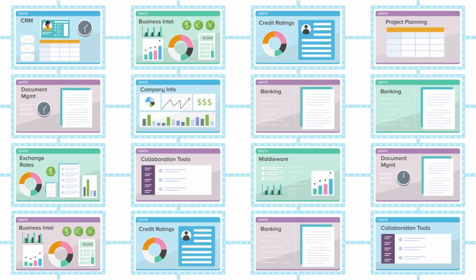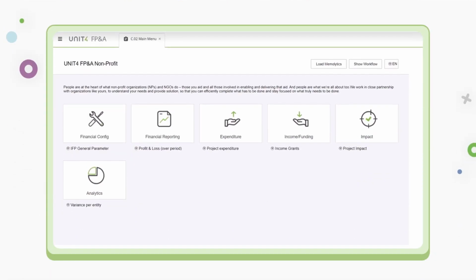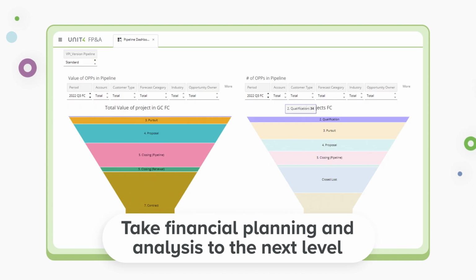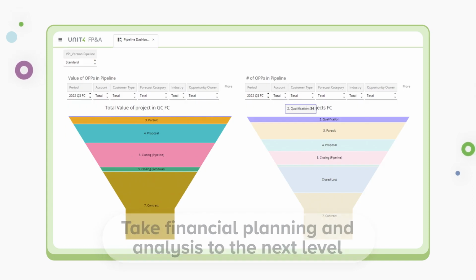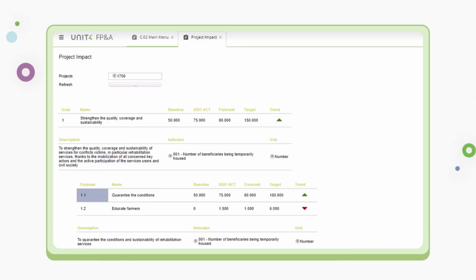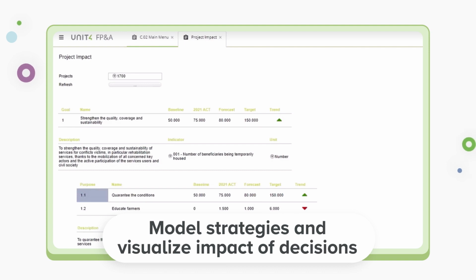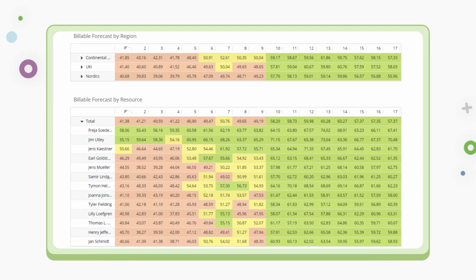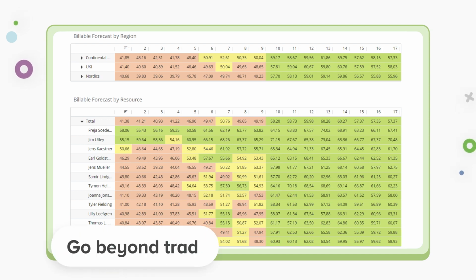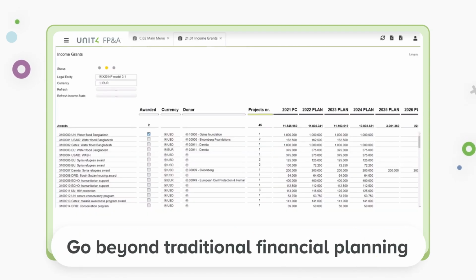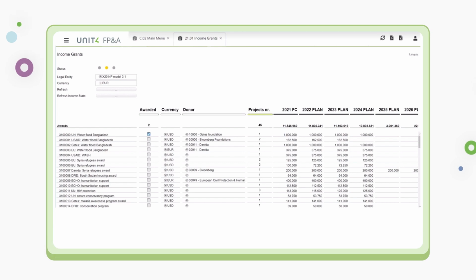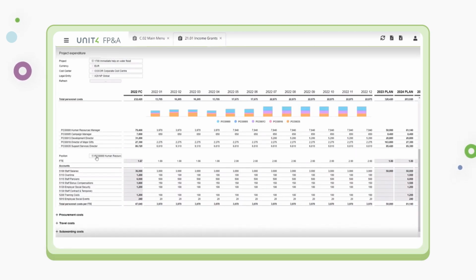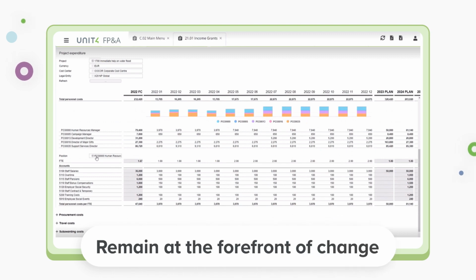to achieve your mission. Our FP&A module takes financial planning and analysis for nonprofits to the next level. With its advanced features, you can create what-if scenarios, model various strategies, and forecast the financial impact of your decisions. Our software solution equips you with the tools to go beyond traditional financial planning. It empowers you to be proactive, adaptive, and agile in your decision-making, ensuring your nonprofit remains at the forefront of